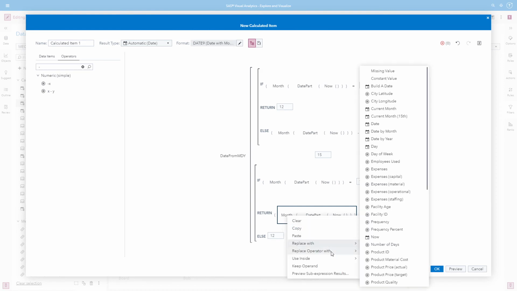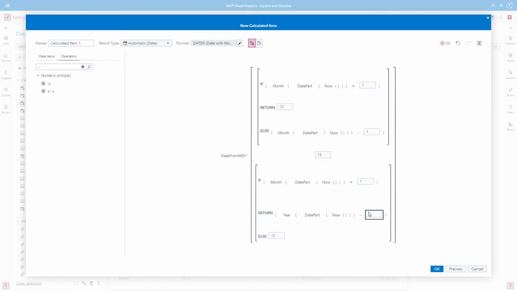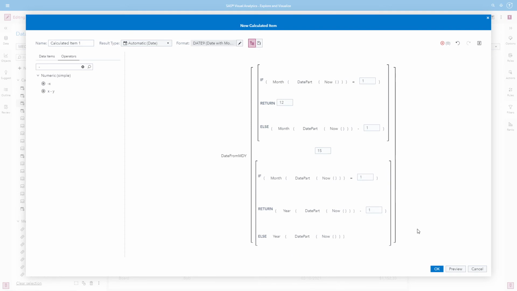So let me go ahead and replace the operator with the year. We need to subtract 1 from year. Otherwise, we just need to return the year. So I can actually copy this expression and paste it in the else expression. So let's go ahead and talk this through. If the month is January, then I need to return the previous year. Otherwise, return the current year. All right, this looks good.